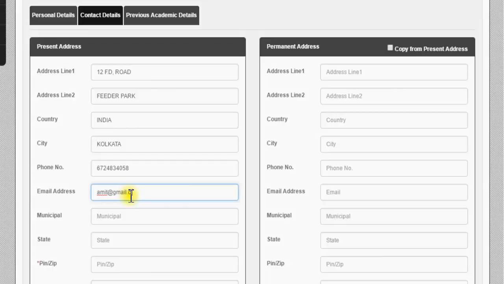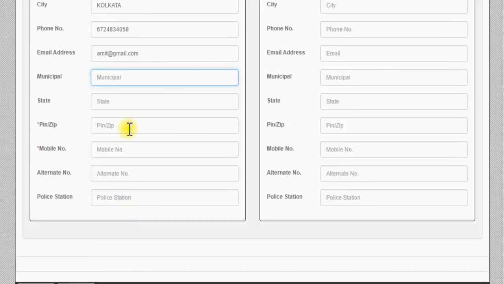The municipal corporation. This is an optional field, so we can either provide it or not. In the state, say West Bengal, the zip code,